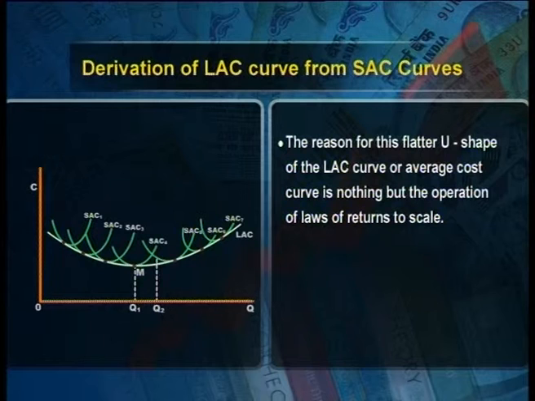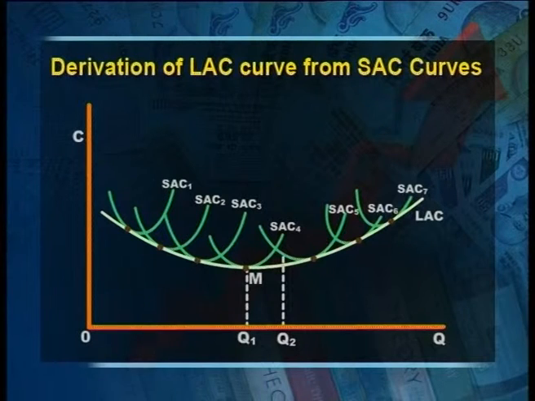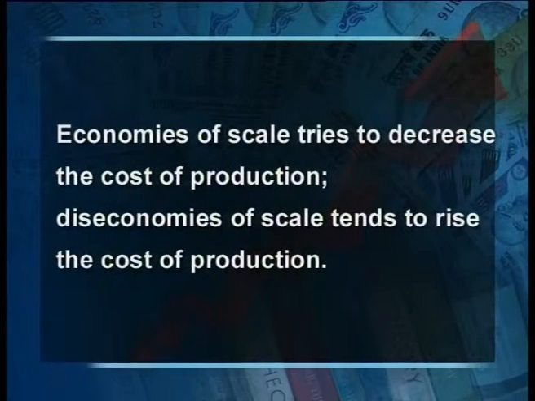The reason for this flatter U-shape of the long-run average cost curve is nothing but the operation of returns to scale. As the plant size expands, the average cost of production decreases. And the main economic logic behind this reduction in the per unit cost of production is economies of scale and diseconomies of scale. While economies of scale tries to decrease the cost of production, diseconomies of scale tends to raise